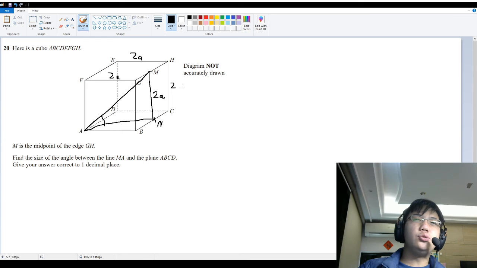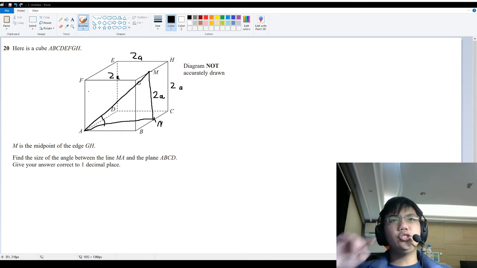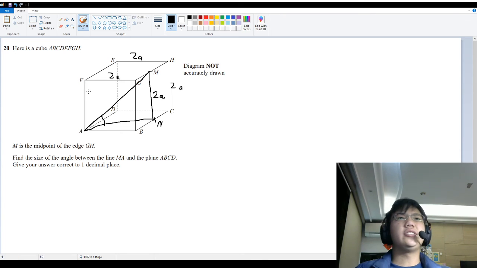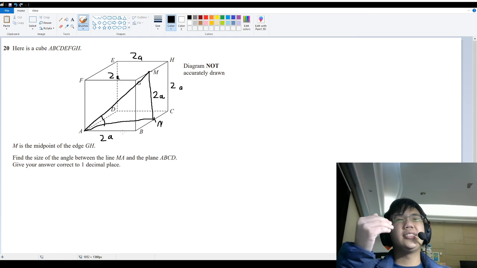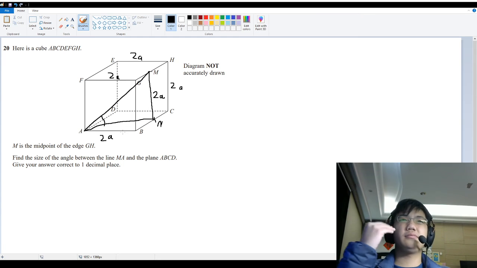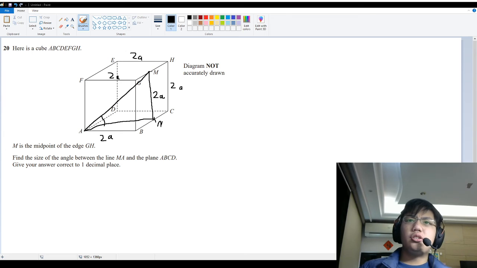Here we assume that all of the sides of the cube have length 2a. This is an arbitrary number that we can assign to the length of a cube to make solving easier. After we've drawn a triangle with MA as its hypotenuse,